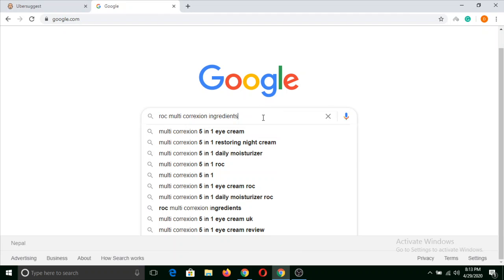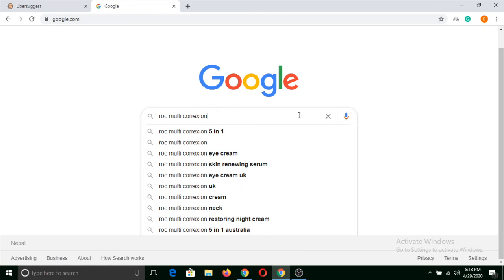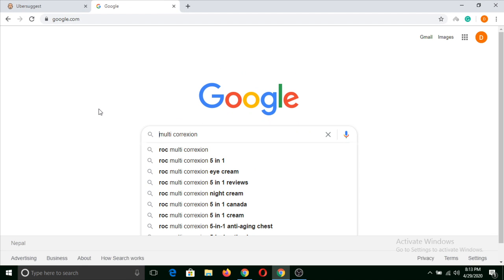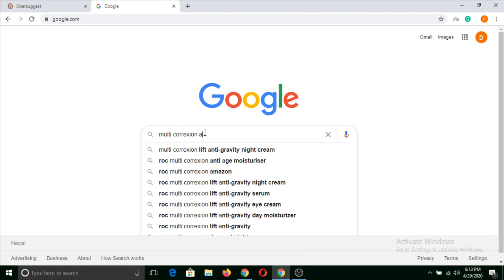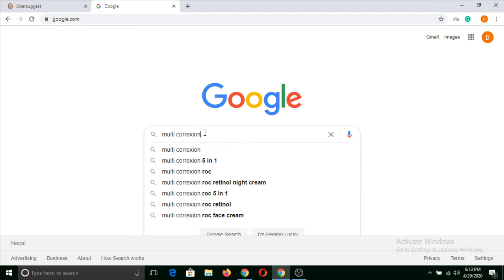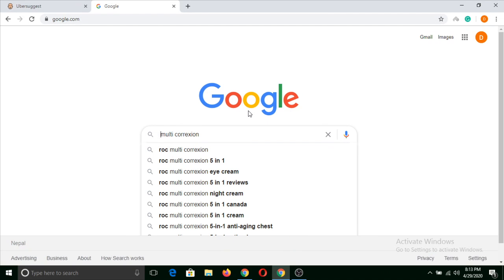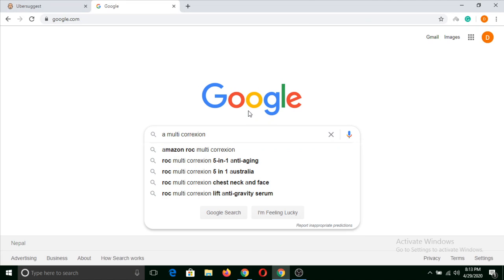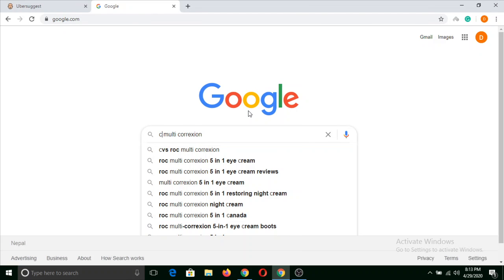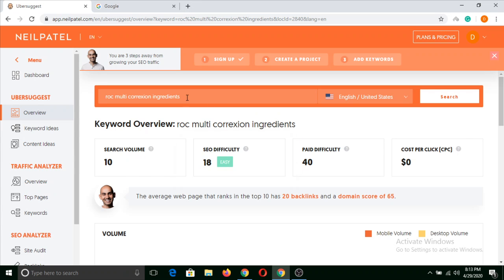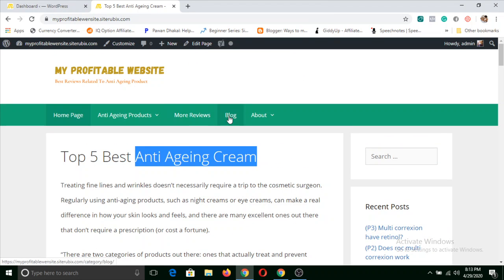So you can also search for keywords in various ways from here also. So now we are doing A, B here, right? So now you can go in first and give a space and go back and write A and B and C. Similarly, you can research helpful post keywords and search them in Ubersuggest, and then make helpful post articles and interlink them properly.